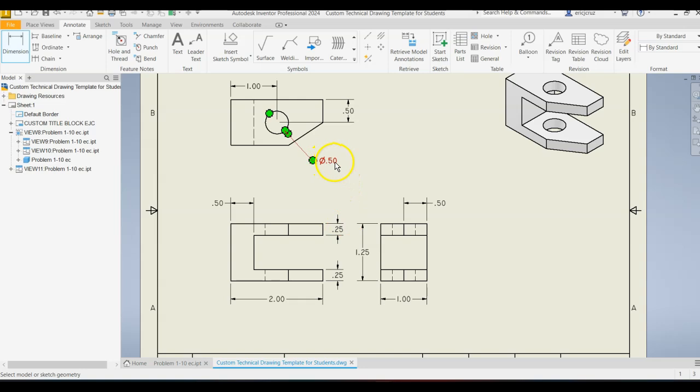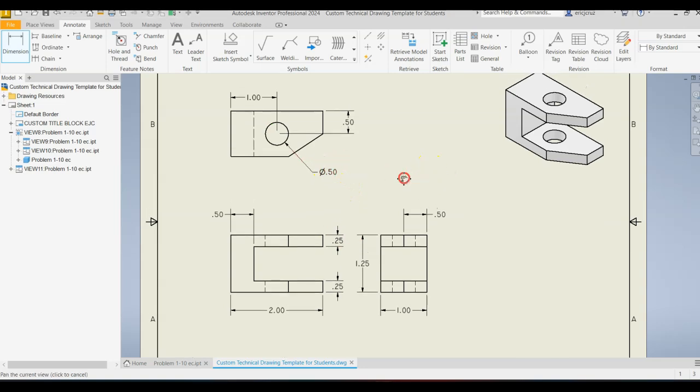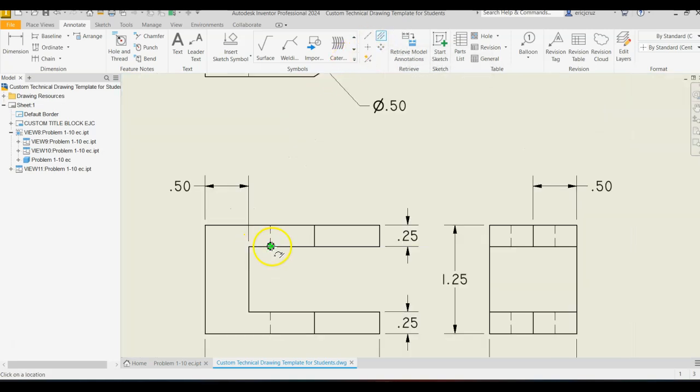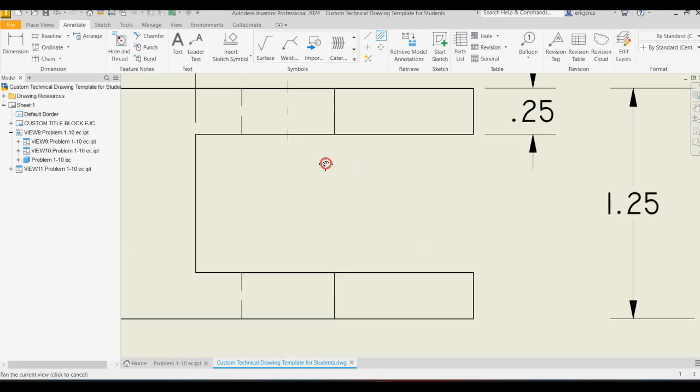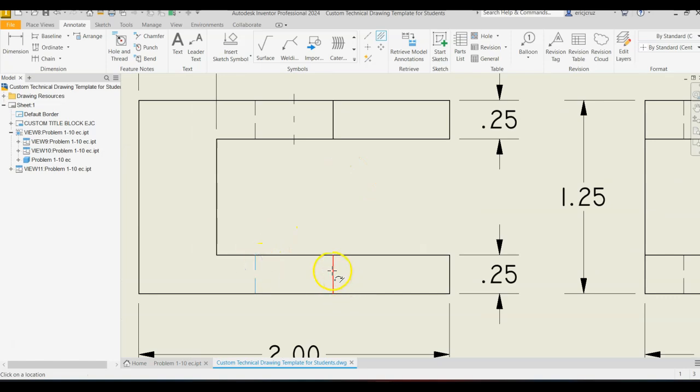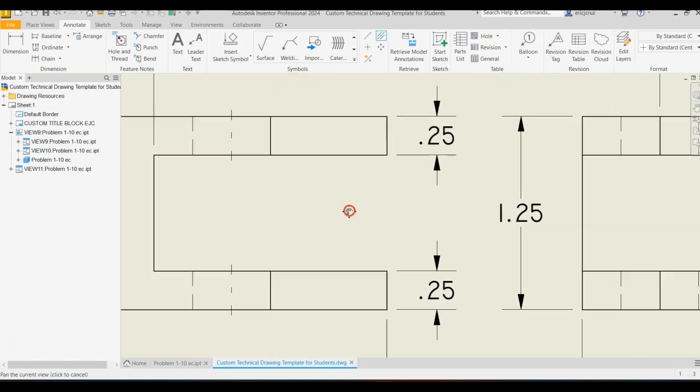I want to get rid of these trailing zeros. This is not too bad, but I just want you to be in the habit of that. I'm going to tap escape. Oh, I need the center lines. So clicking on the center line maker right here, click on the circle, and then I need the center line bisector right here. I'm going to put the center lines here. That's a good center mark. I'm going to open up the center mark lines,